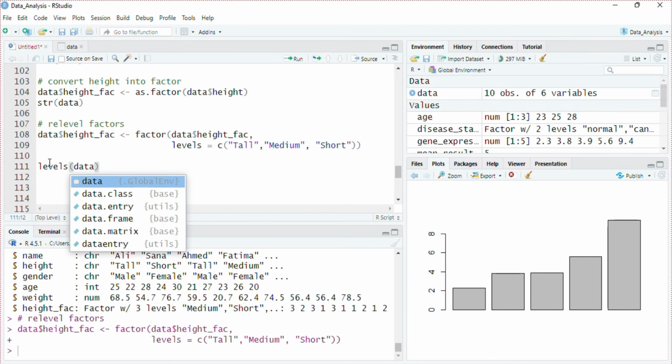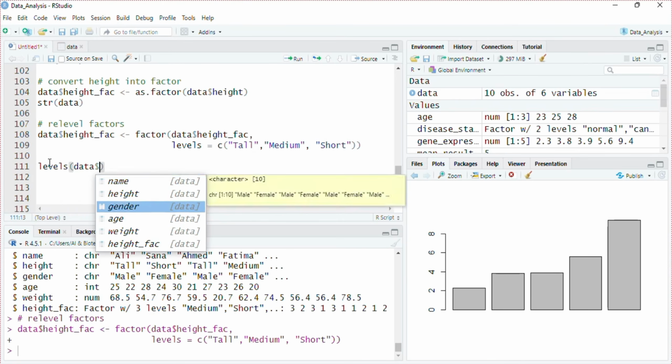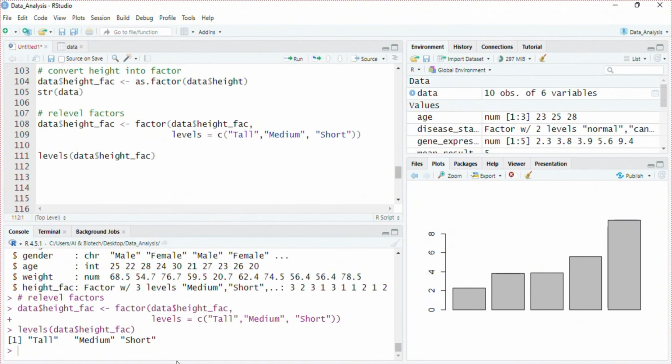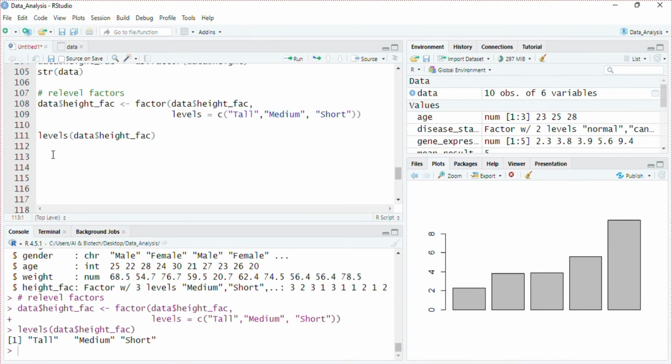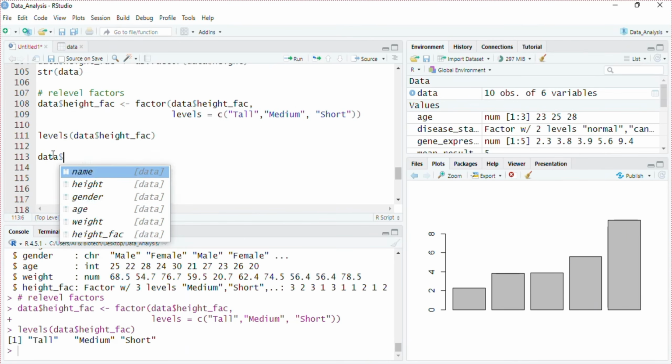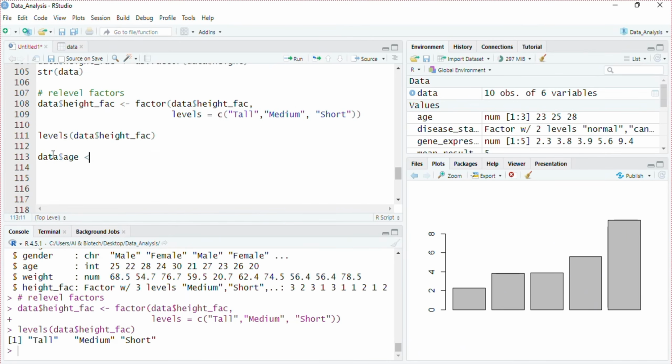Similarly, convert the gender column into a factor by creating a gender factor column. First factor, then data. We want to convert the gender column into a factor. Run this line of command. A new column has been added.